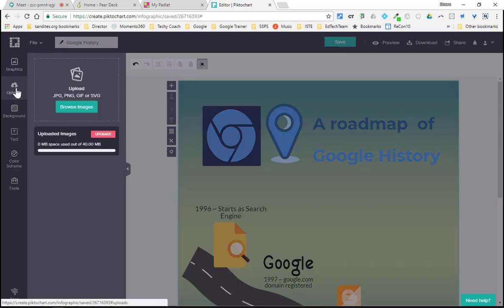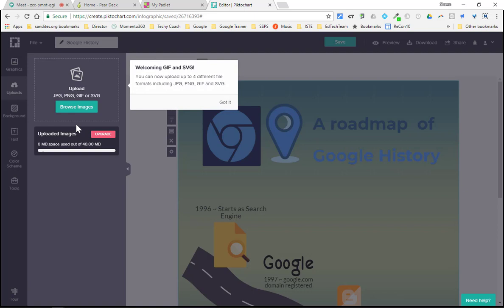Overall, on the left, you'll also notice that you have an upload section. So if you want to use your own images, you can upload pictures or photos that you've taken in class, or any drawings that you've made in Google Drawings. Just save them as a PNG file, and then you can upload them here. And you can add GIF files as well. They also have